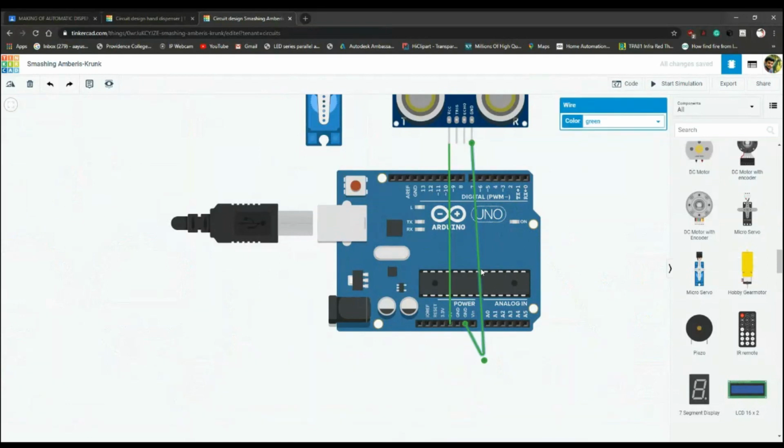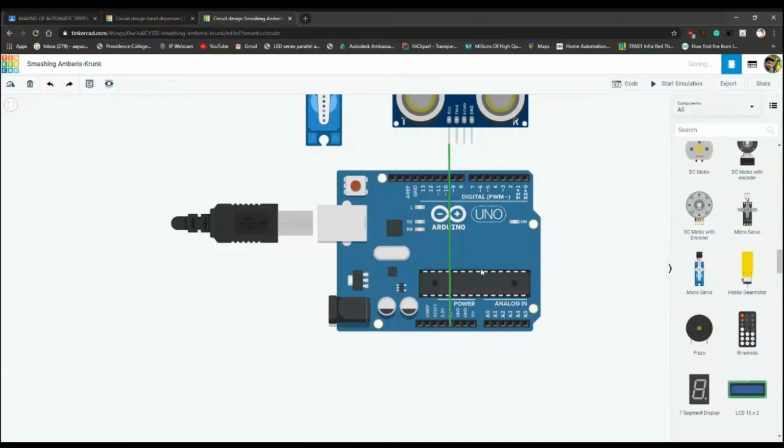Okay, let me just delete it, and so I placed it over here. You can see while we are dragging it along, we just have to press the middle button of the mouse scroller, so it will have a 90-degree bend over it. Like that we can just make our connections. As this is a 5 volt, I am going to mark it as red color.